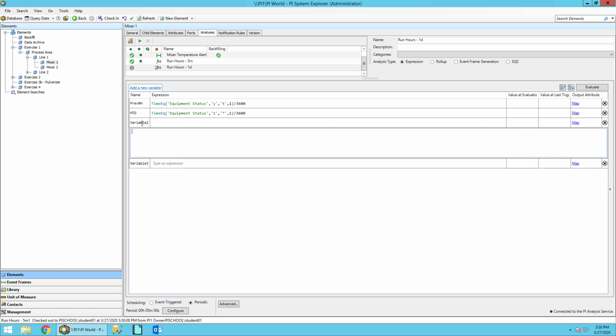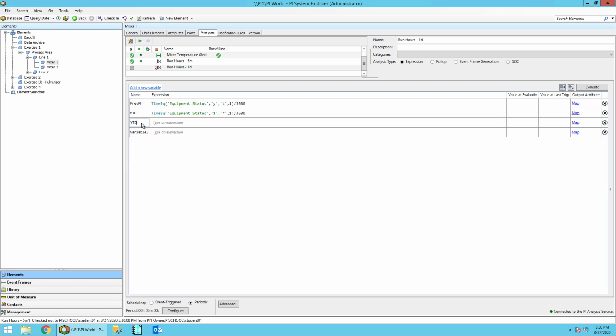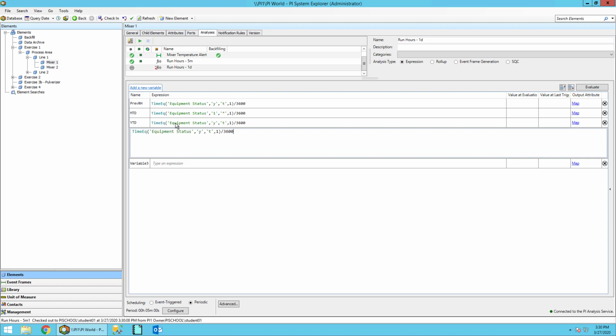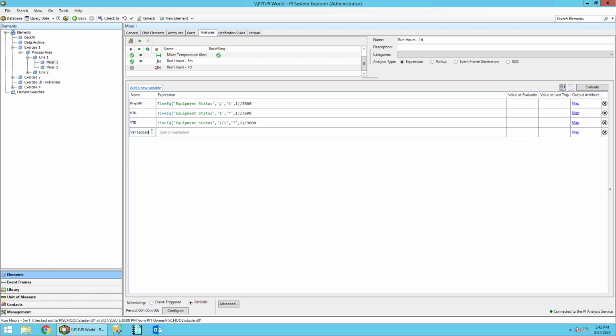We'll fill out our year to date, YTD, as 1-1, meaning January 1st of the current year, to now. And last but not least, we have our run hours since maintenance, and we'll be doing that from the last maintenance date, which we pulled from a table, to now.